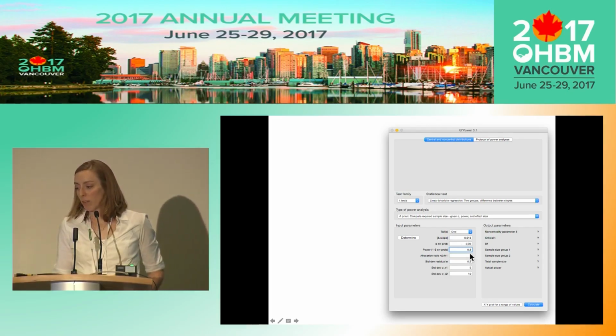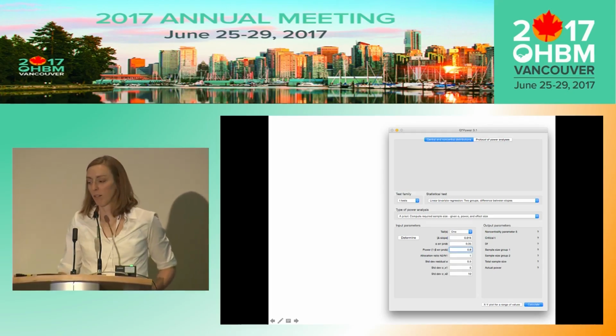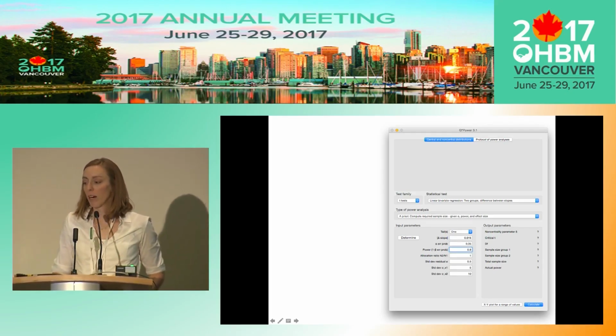And then we get a couple of easy ones. We have type 1 error and power. I'm just going to say the things, and they might be out of order. We typically set type 1 error at 0.05. I almost always do ROI-based power analyses. So if I had 10 ROIs, I would use just a Bonferroni correction, 0.05 divided by 10. Power we typically set at 0.8.